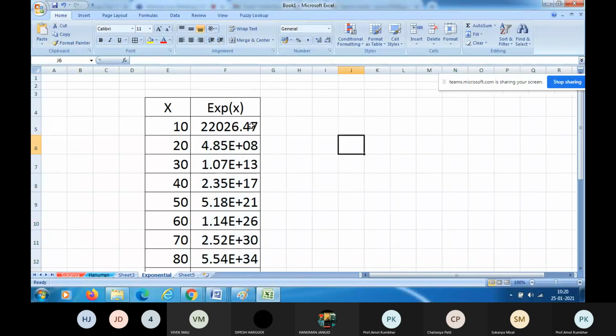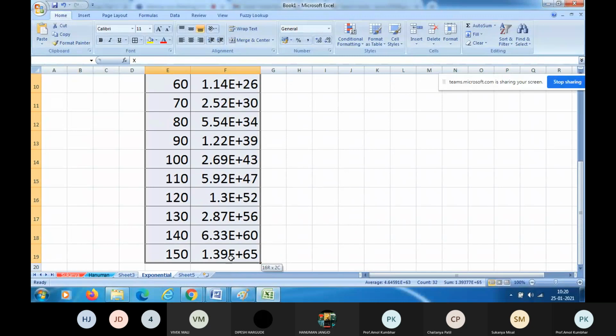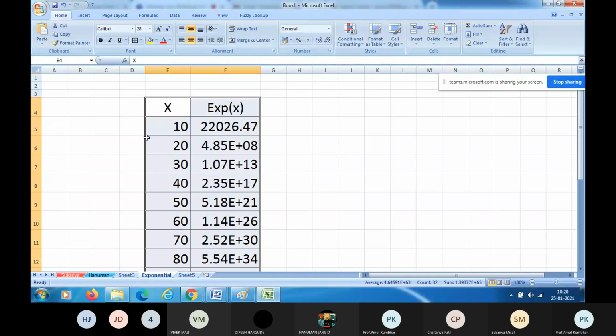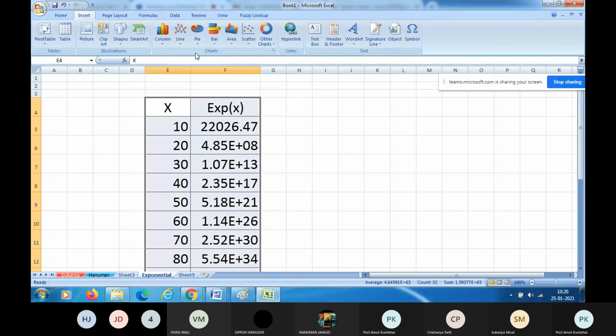Now let us plot the graph. Select the values of x and select the value of exponential. All values are bigger because we have selected values of x bigger, 10, 20, 30, 40, 50. If you select 1, 2, 3, 4, 5, graph nature will appear same, but values are different.